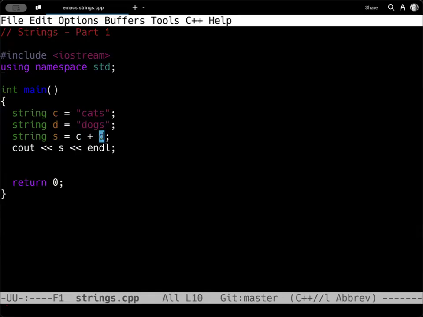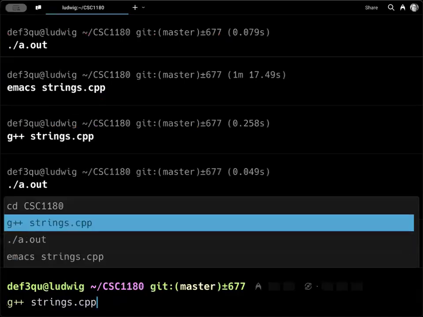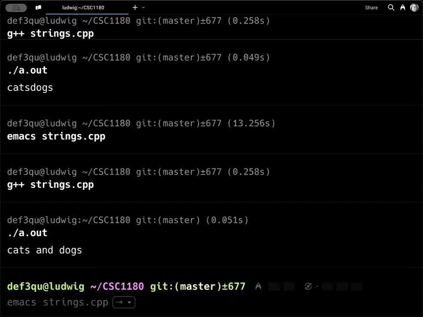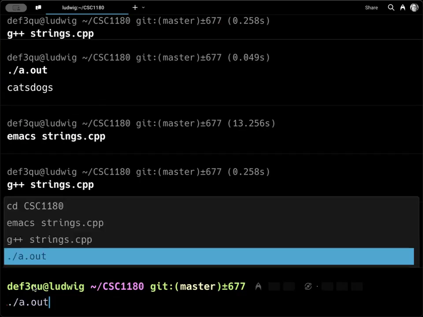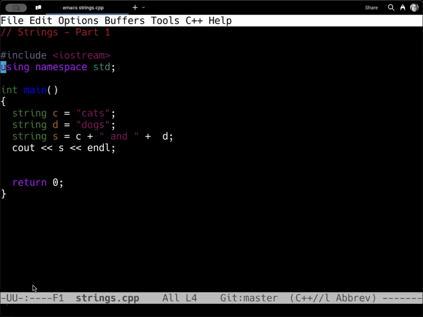So I can put in a string, even something like " and " plus. Now that may make more sense for us as we go through. Yep, cats and dogs. So note that we're going to see this a lot in programs. We can build a new string based on the old one, using the plus or the plus equal, either one. And that seems like we're violating immutability, but we're not,